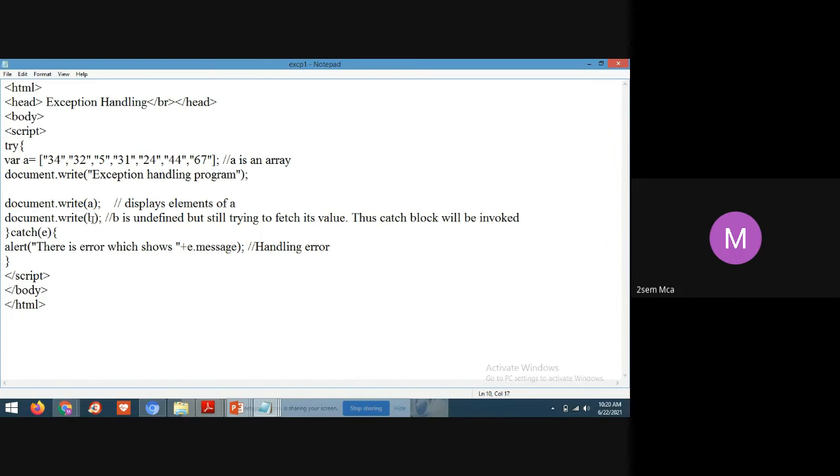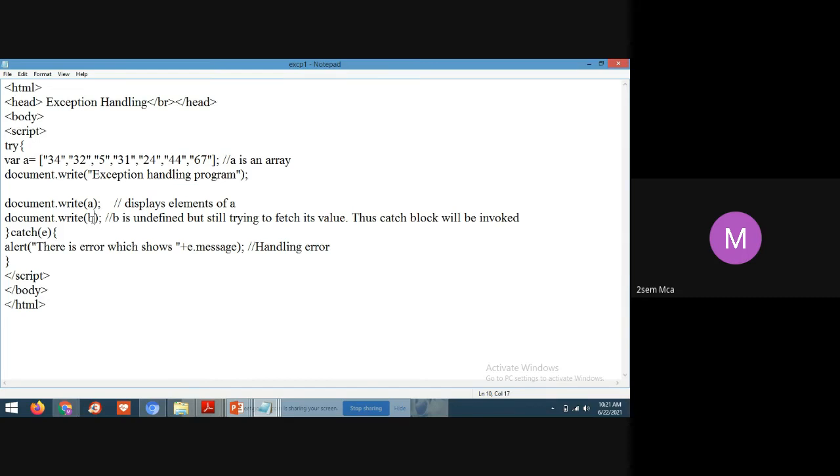When we have not declared a variable and we want to display that variable, the abnormal execution of the program will occur. To handle such situations, we use exception handling.